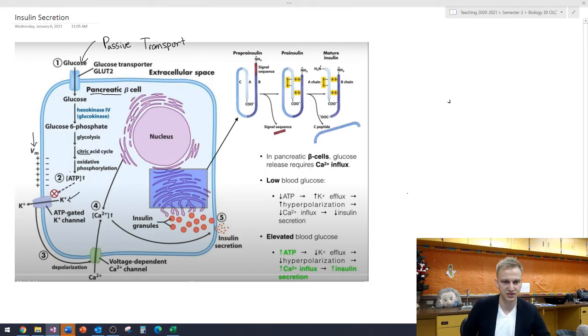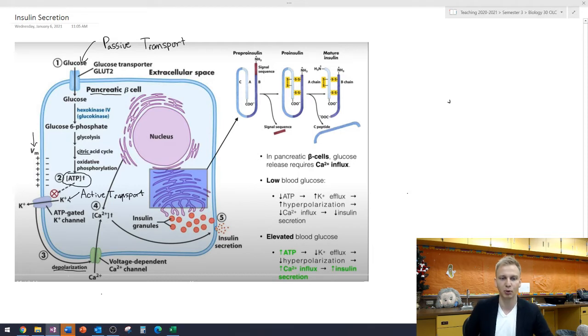And we can also see that with step 2 here, we're going to use some of the ATP that was produced from the citric acid cycle. And so this then would be active transport, to get the potassium outside of the cell. Now, once the potassium is outside of the cell, we have something that happens, it's down here at the bottom,